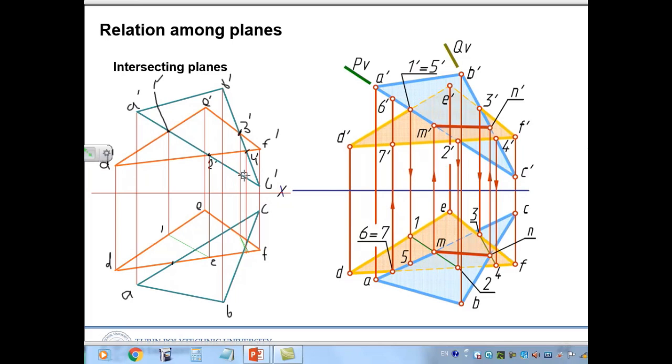Okay, so now we have two intersected lines, like point 3 and point 4. Point 4 is here and 3 is here. So now we have an intersection of blue line with the line 1 and 2, and here the blue also intersects between 3 and 4. So 2 points. Those 2 points give you an intersection line